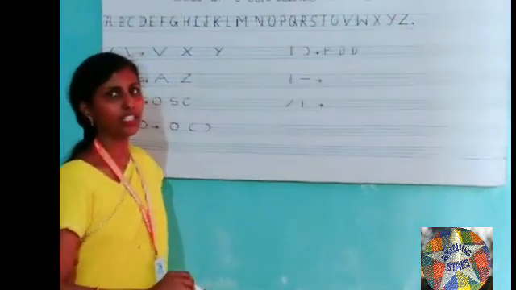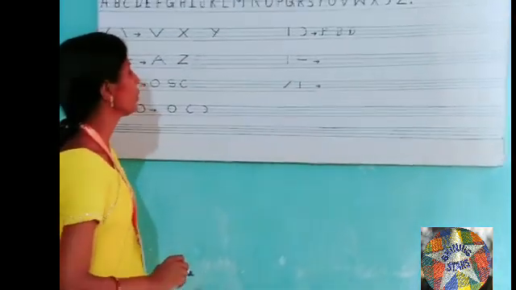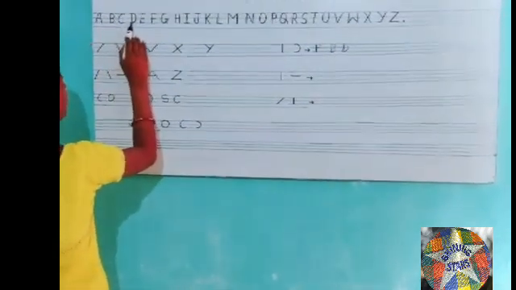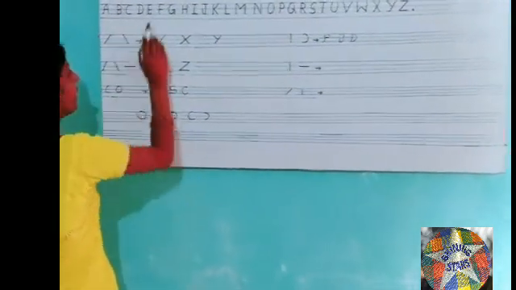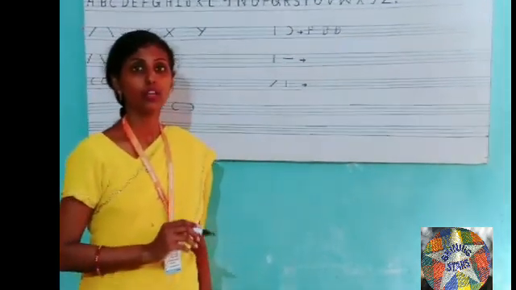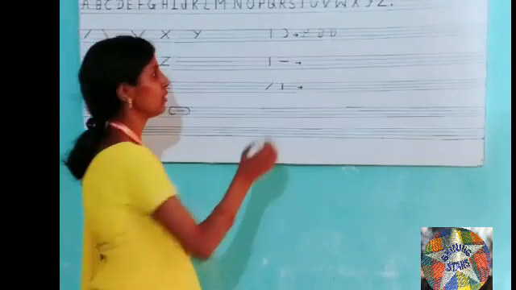Again which one are we going to do? Standing line and slipping line. With a standing line and slipping line, which letter can we use? Look at here. Standing and slipping line: C, E and F. First we will see how to make F. With F, we will make E.